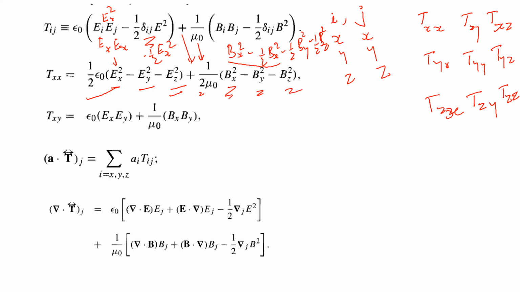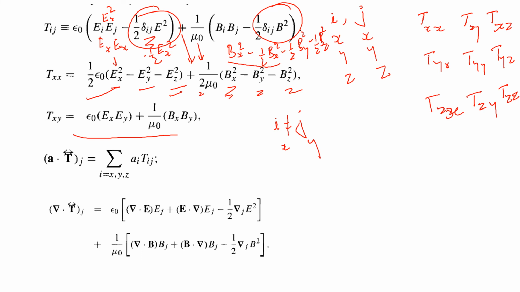In the same way, the Txy component. You can substitute xy: i is x, j is y. But there will not be any delta ij component, because i and j are not the same. In this case, i is not equal to j because i is x and j is y. Therefore the Kronecker delta will give zero, so this term will be zero. The remaining terms are written there. In this way, we can write Tyz, Txz, and all the terms.